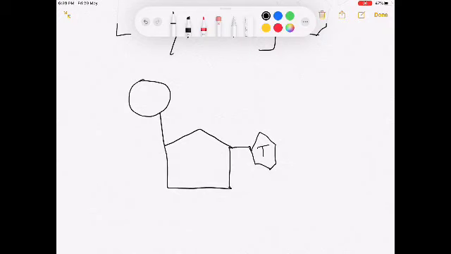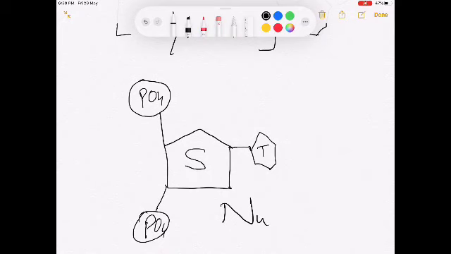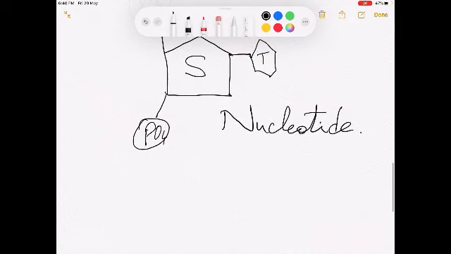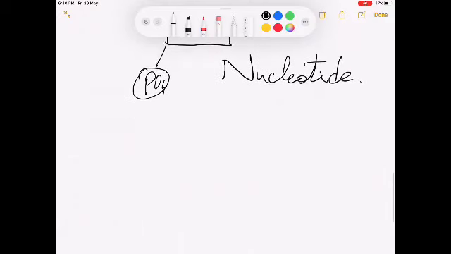Suppose this is thymine. Okay, and then this is sugar, this is phosphate, and on the lower side also a phosphate group is attached. So this is one structure formed by these compounds, and this structure is called a nucleotide. So a nucleotide is formed from these 3 components, and this nucleotide is the basic unit of a DNA strand. So when many nucleotides are joined together, they make one strand. We can make one strand from these nucleotides only.